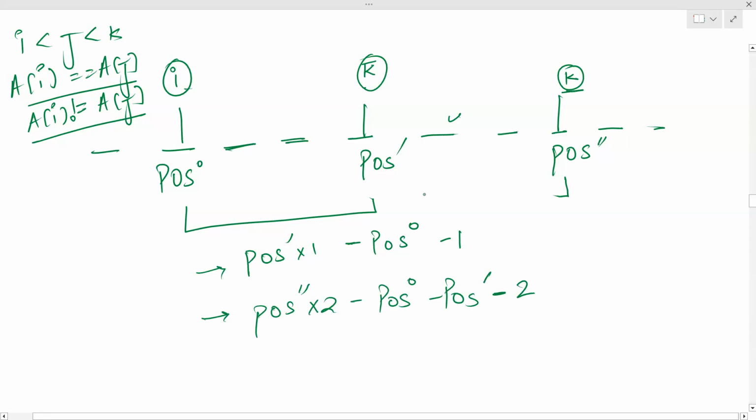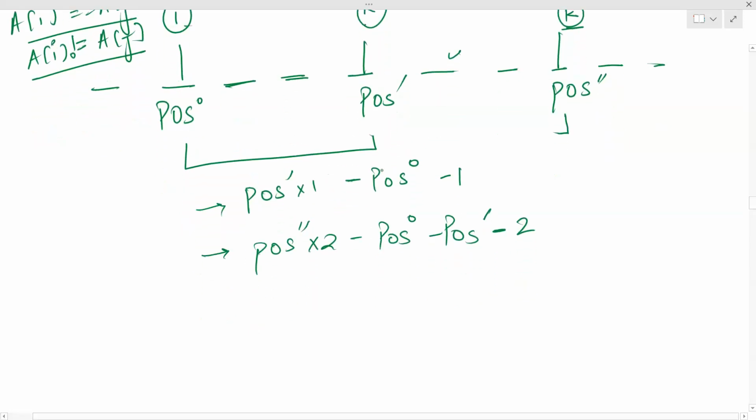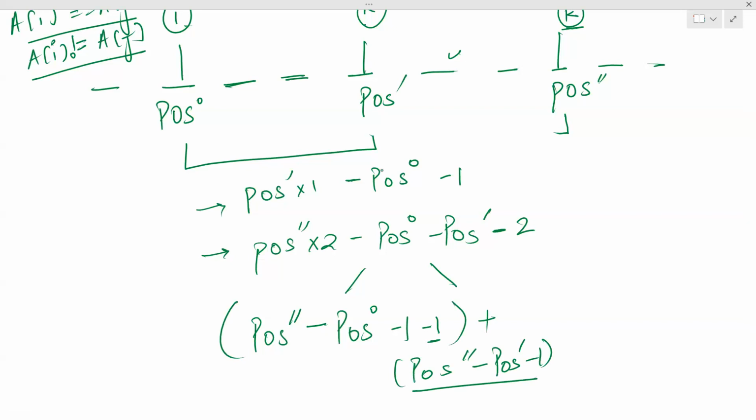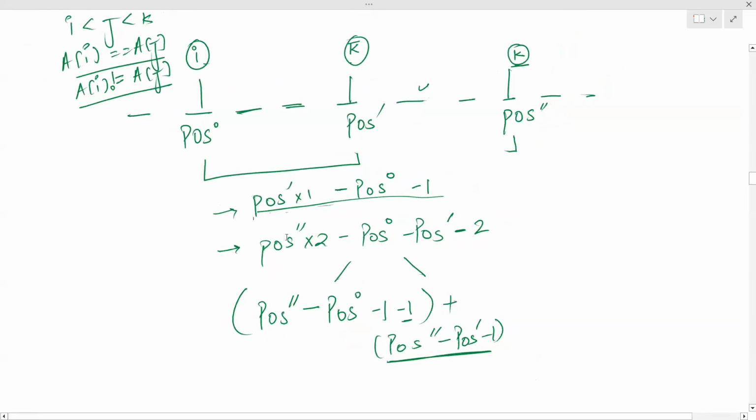Now let me tell you why this is. See, this is because I can break this into two parts. First of all, I have written position double dash minus position not minus 1. And there is also minus 1, I'll tell you what this is. And the second thing is I have written plus position double dash minus position dash minus 1. So this thing is clear. This is the same as this thing, right? So this second term is